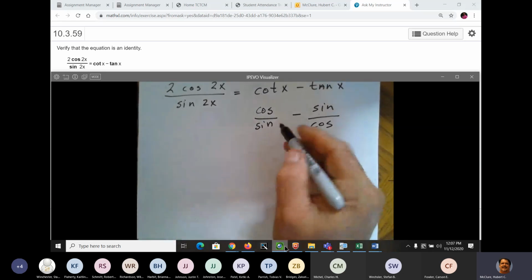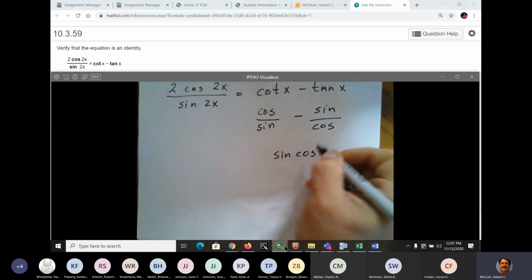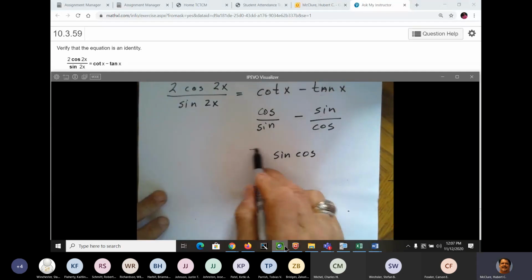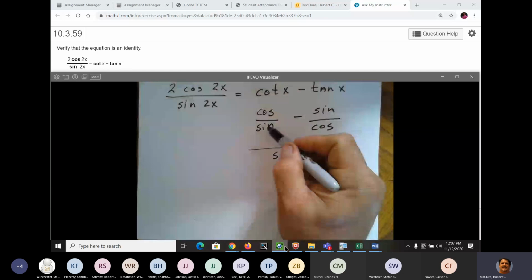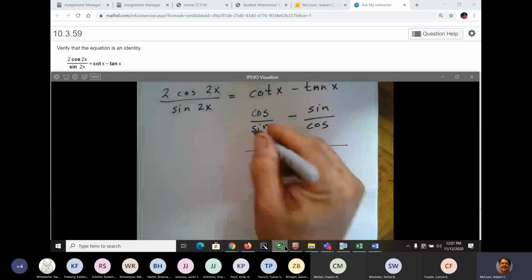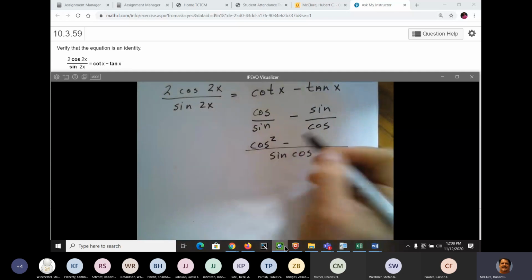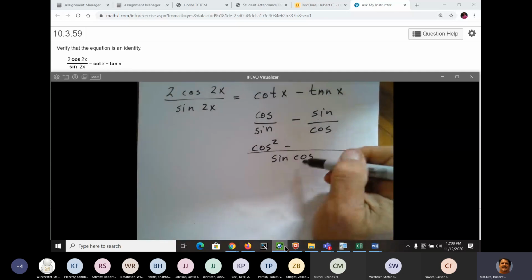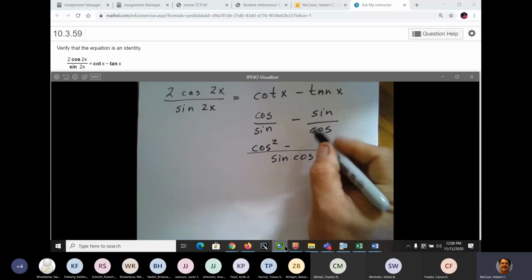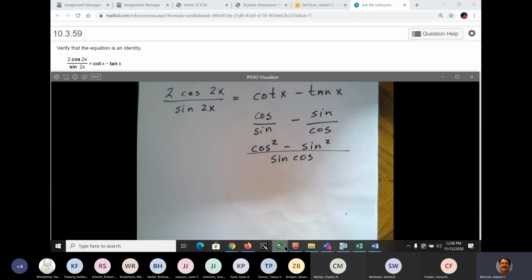The common denominator of sine and cosine is sine cosine. How many times will sine go in here? Cosine times cosine is cosine squared. How many times will cosine go in here? Sine times sine is sine squared, and we've got